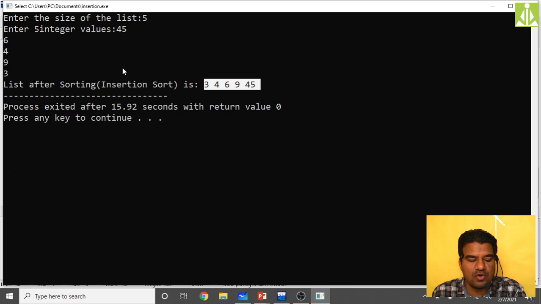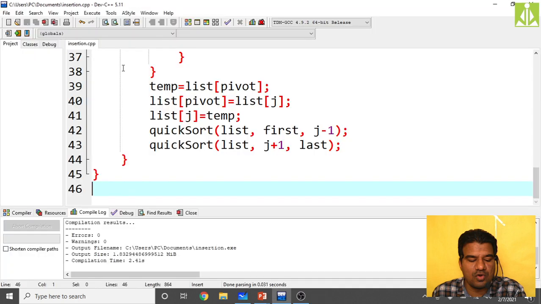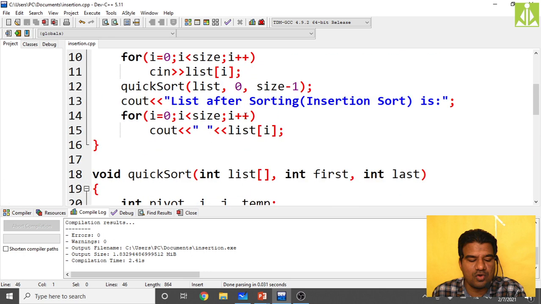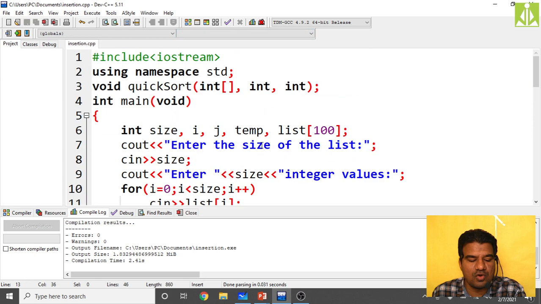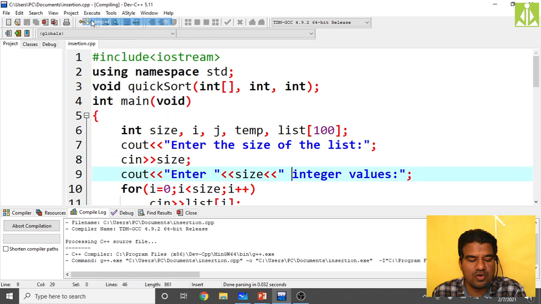It is sorting, but not in insertion, because here we asked it to print insertion sort, but we are performing quick sort over here. So again, if you go and sort it, here also we need one more space. Okay, so now save it, compile it,